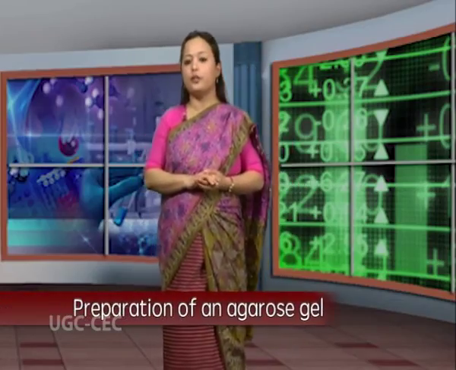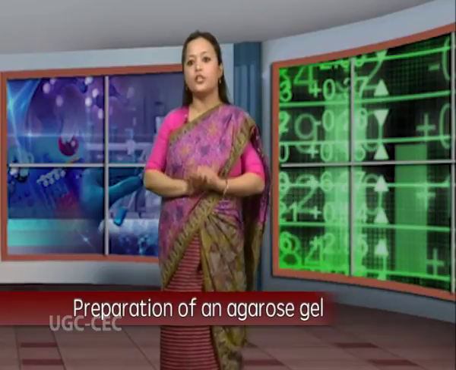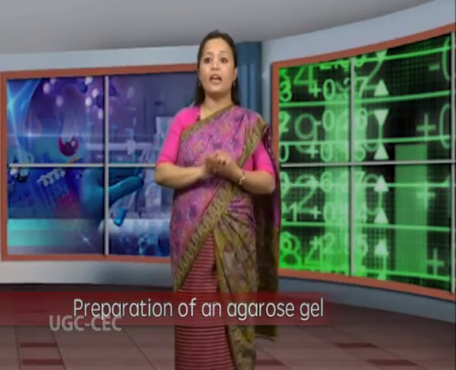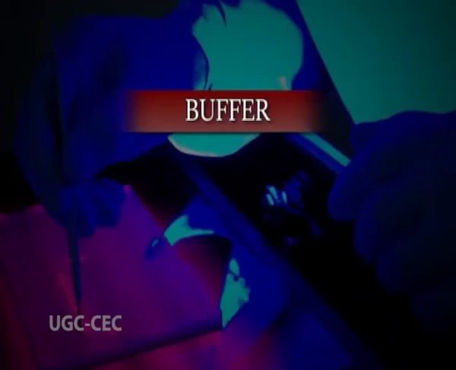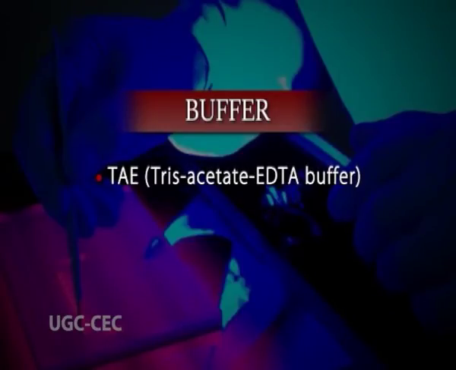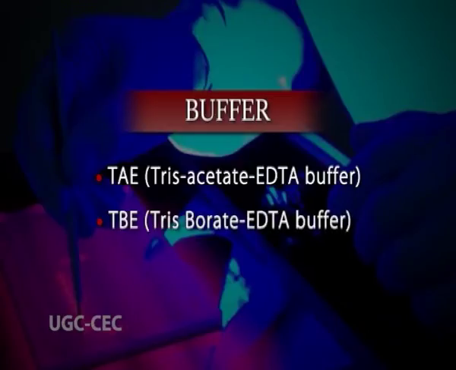Preparation of an agarose gel. An agarose gel is prepared by heating a combination of agarose and buffer until the solid is dissolved. The buffer used here is mainly TAE, tris acetate EDTA buffer, or TBE, tris borate EDTA buffer. The solution is left to cool before adding the staining dye and then poured into a gel casting apparatus and